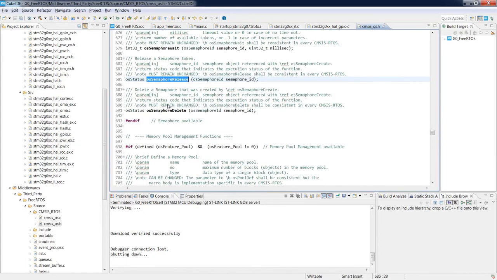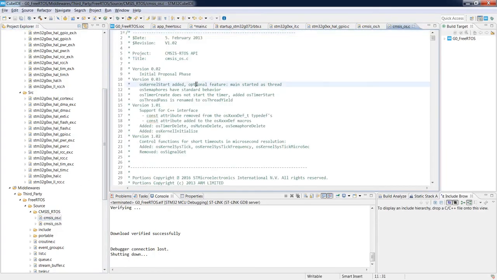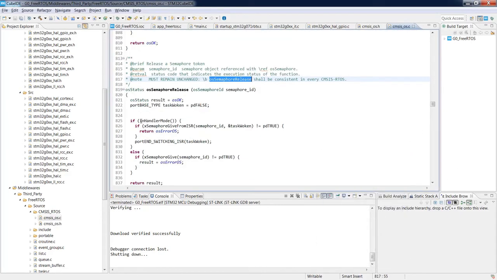If we have a look into this function in CMSIS OS.c, not .h, we see that it is checking at the beginning if we are in a handler mode, so in the interrupt routine, or in normal code. From the interrupt routine, it is calling a different FreeRTOS API function with the from ISR suffix, which is checking whether any task was woken up by this event, by this semaphore, and if yes, it is checking whether there is a need to change the context to a different task which has just been woken up. So this is an important point, that using the CMSIS OS layer, we don't need to take care about selecting the proper function. It is done automatically by the API. Okay, so